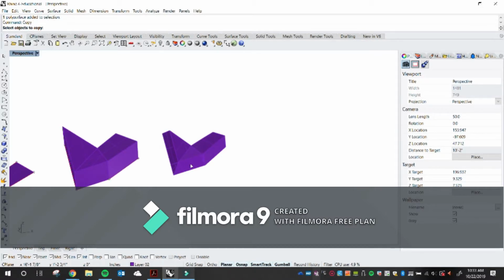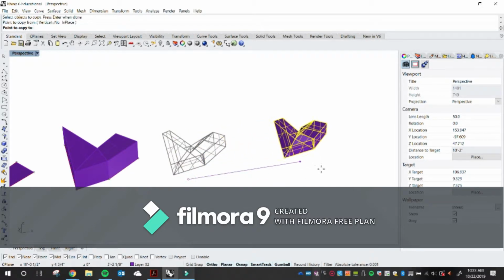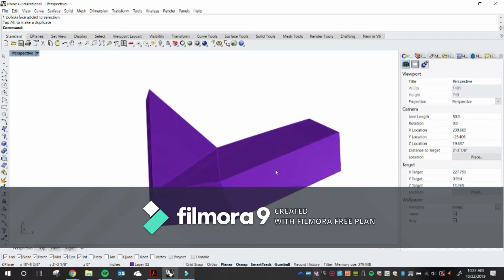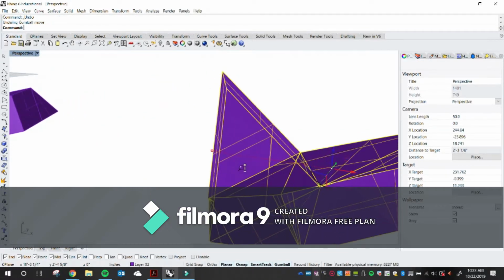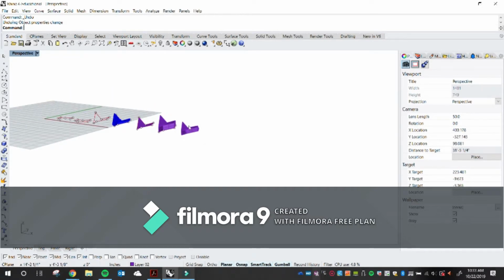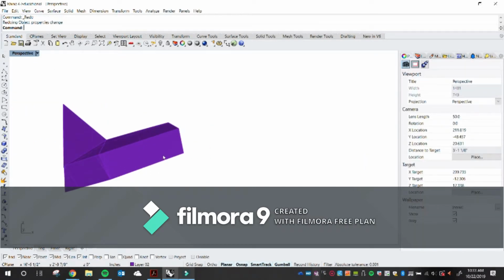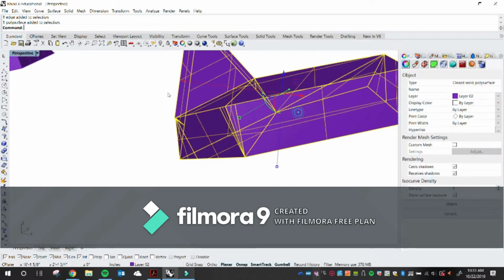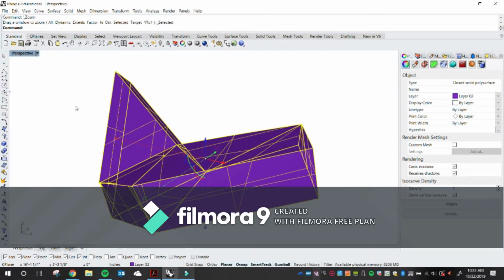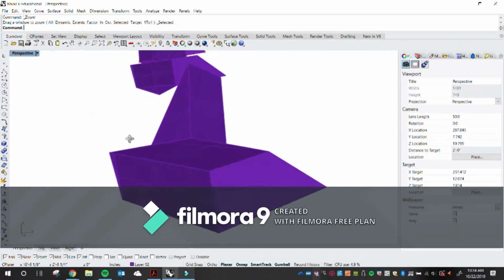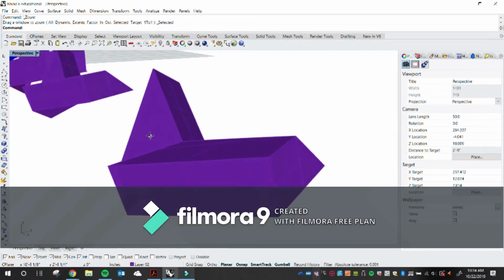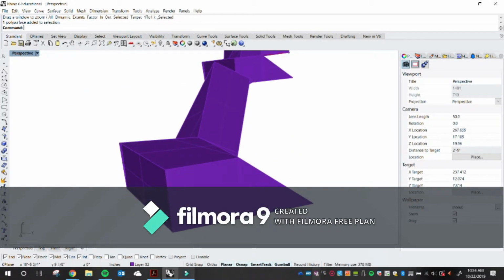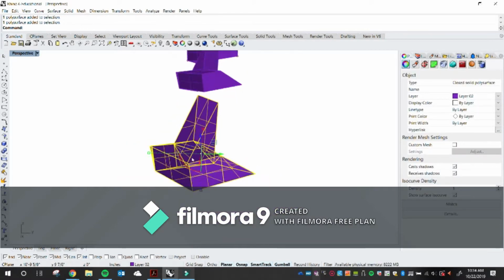So I'm going to copy this guy right here. Now, something else that I want to show you guys, that it's a very helpful tool, is your direct selection tool. I'm not sure, are you guys familiar with the direct selection tool? So let's say that I wanted to select a surface for whatever reason. Let's say that I wanted to select this surface right there, but only this one right here, which is the face of this object. If I click on it, well, I select the entire